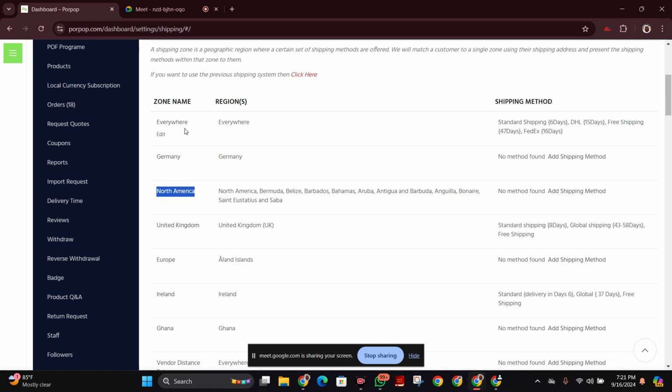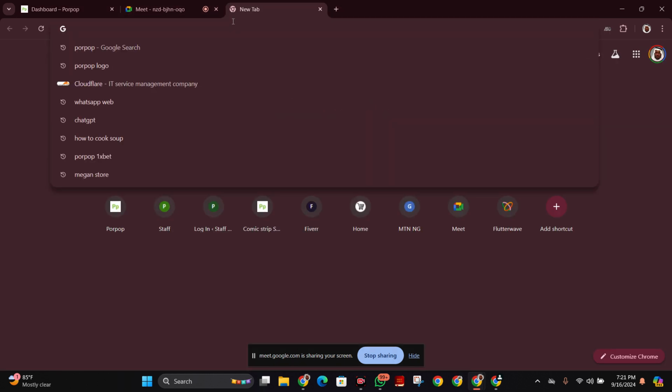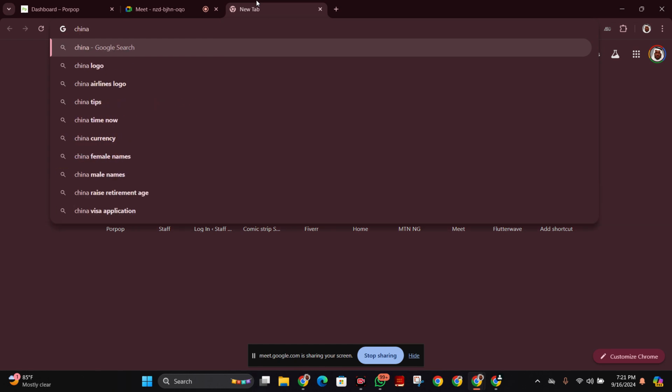The disadvantage is that when you set $2 everywhere, it won't affect Germany because Germany is fair enough. They can charge $2 to deliver to Germany if Germany were to be China's brother. But it cannot be the same for Nigeria. No shipping agency will charge you $2 to deliver to Nigeria. No shipping agency would do that. So to begin, we can do something like this. Let's not look at Germany as a brother to China anymore. Let's see Germany for who Germany is. So since our base is China,